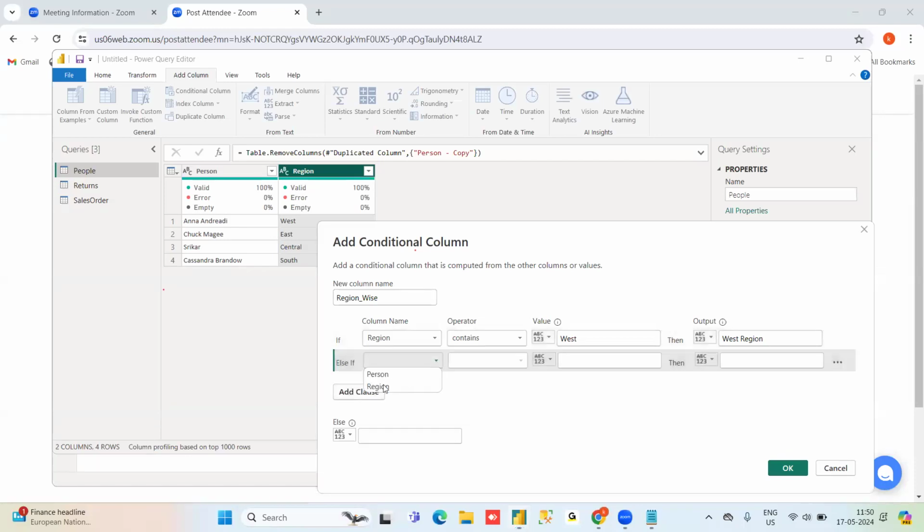And I want to give, if the region contains. If it is equal to, less than, greater than or equal to, if it is a number, I can go with those conditions. This is textual values, right? That is the reason I am using contains. Okay, then East. Conditional column is very, very important. And this is the East region.